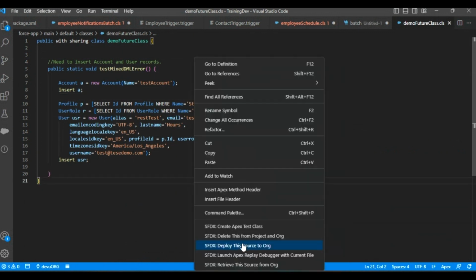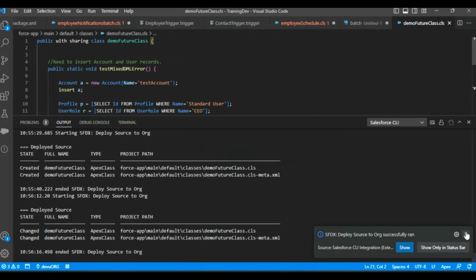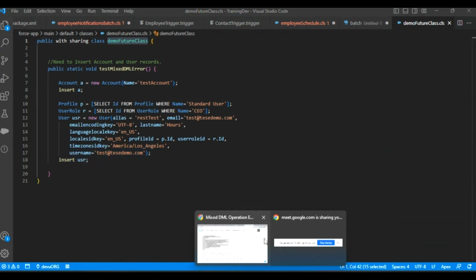If I do this, what happens now? What I'm trying to explain here is there are some limitations in the Salesforce system. Setup objects is a user and non-setup object is any of the standard object or the custom object. If I do the same thing in the same transaction, so transaction is what? If I initiate this method in my anonymous block, then the transaction will be started and ending of the transaction. If I use this class in my anonymous window,